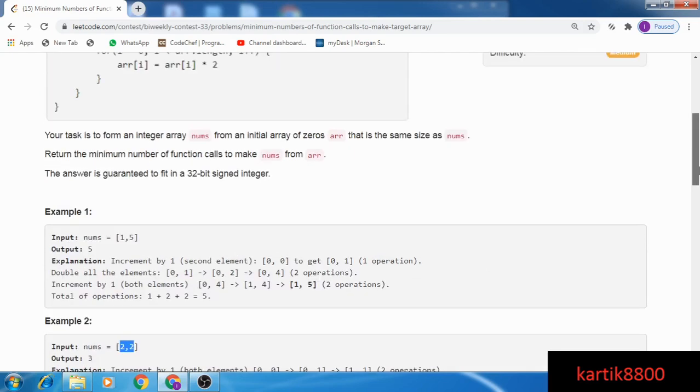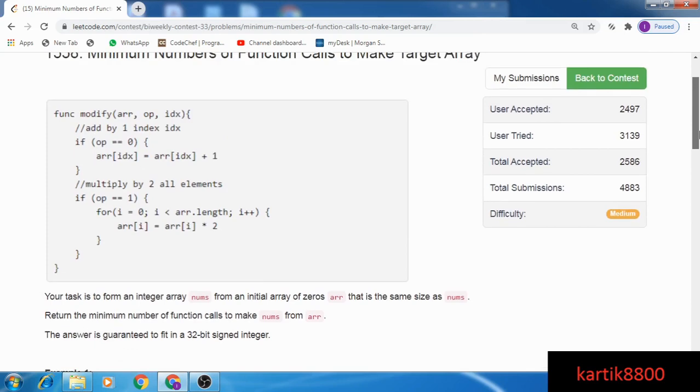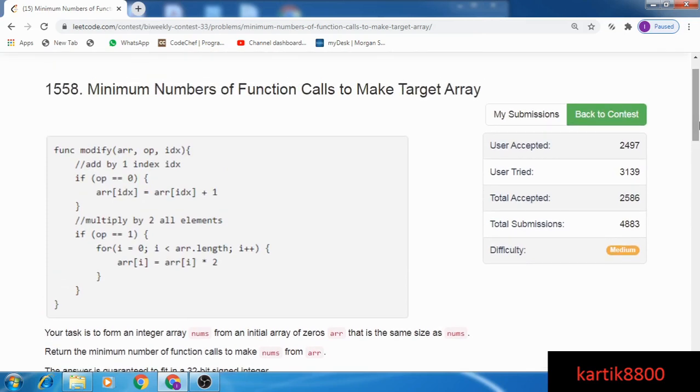How does this help me? The idea is that I would like to make the divide operation as many times as possible, and I can make a divide operation if and only if all the elements are divisible by 2. Because if I reach this particular state from the past by multiplying all elements by 2, then all the elements currently must be divisible by 2.